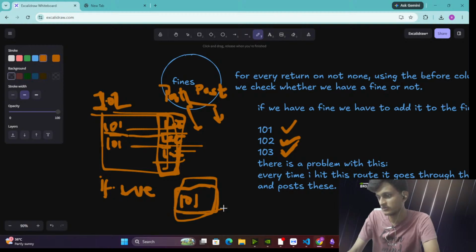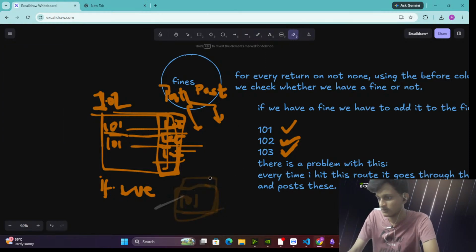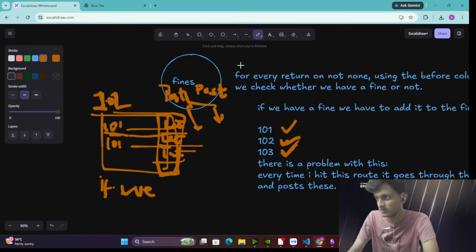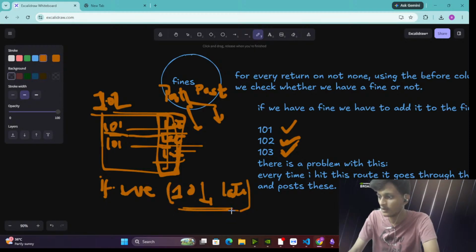Once I have added this 101 transaction for the reason late, 101 and late are to be identified as me. So for the reason late, if I have 101 in fine, I don't want you to